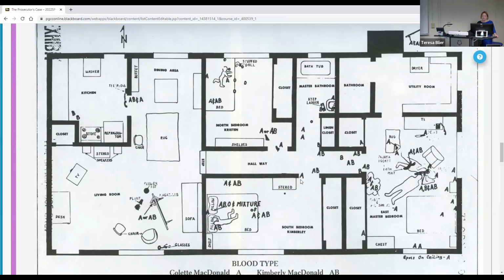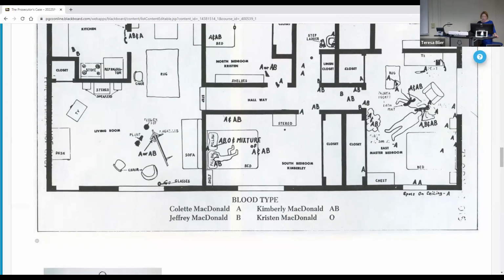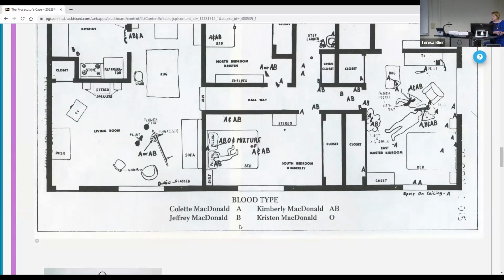The other thing you'll see here are these little A's and ABs and B's and O's. What was kind of odd here, and a good break for the prosecution, was that of the four people in this house, they each had a different blood type. So you could see,